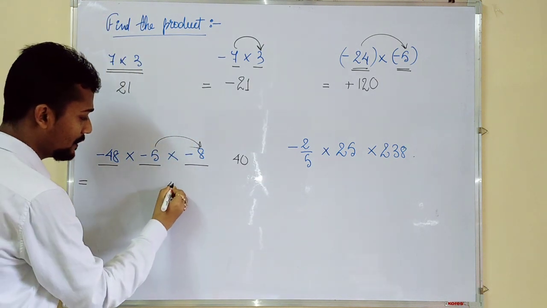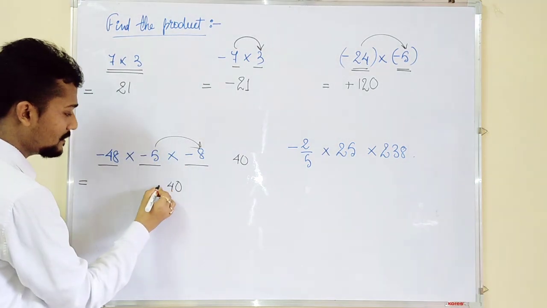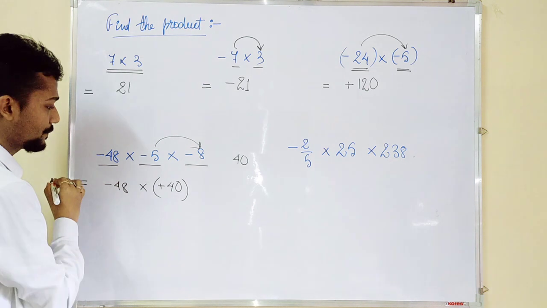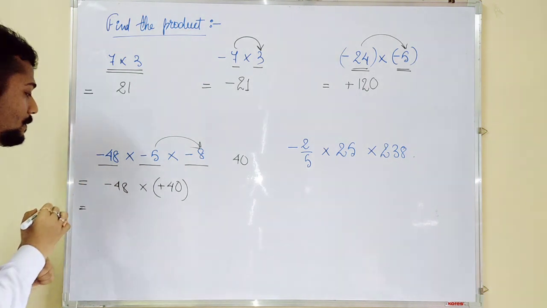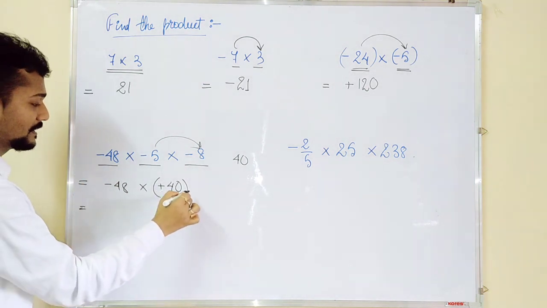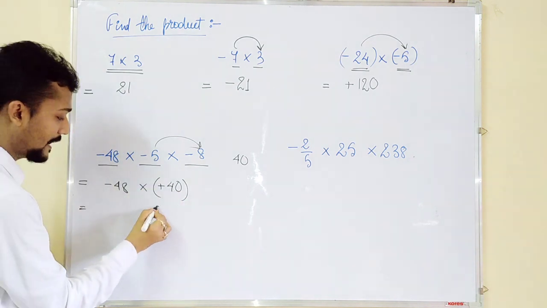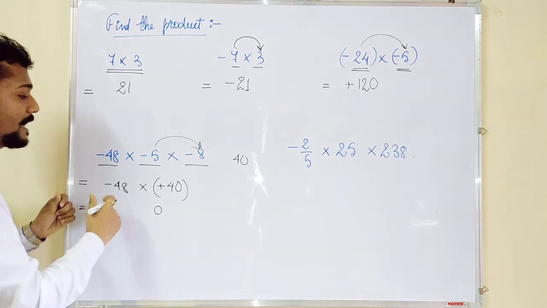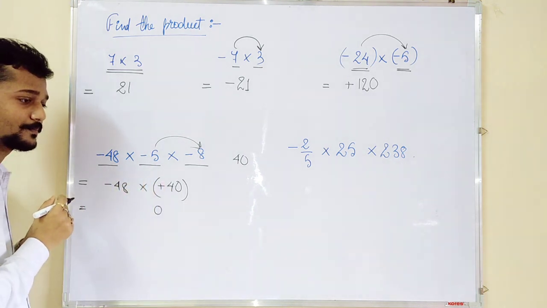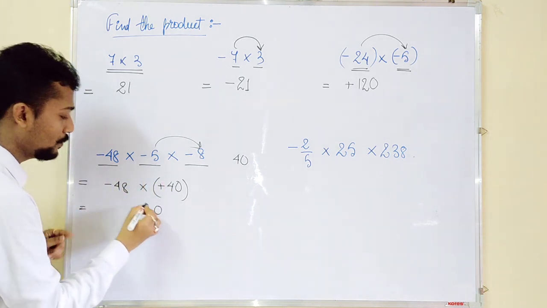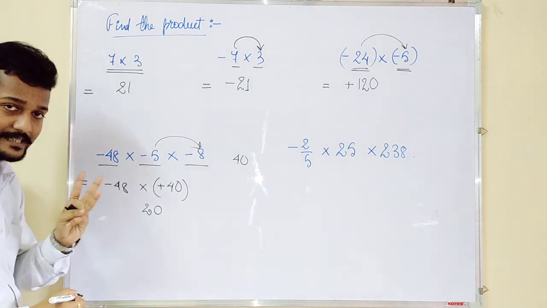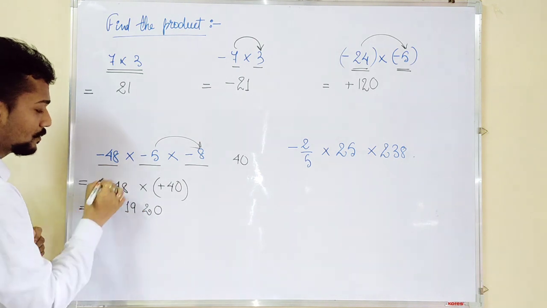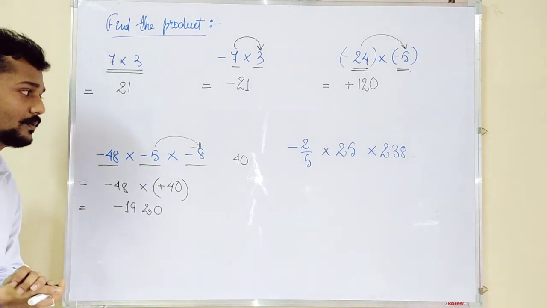Okay. So here I will write 40 minus minus plus 40 into minus 48. Now multiply 48 with 40. So first 0 directly put कर दो. ठीक है. 4 8s are how much? और 8 4s are how much? It's 32. 2 3 carry, 4 4s are 16, 17, 18, 19. 1 9 2 0 minus plus minus.